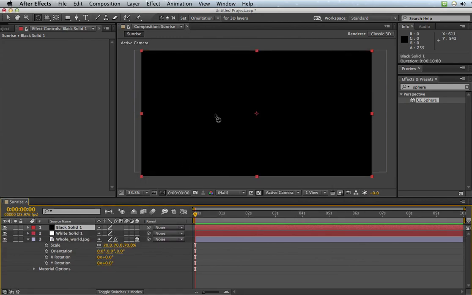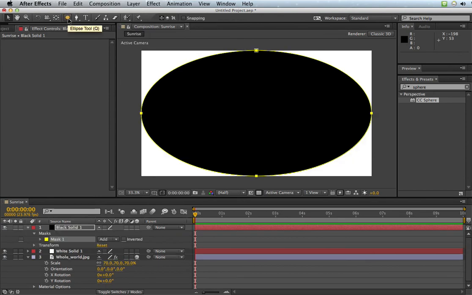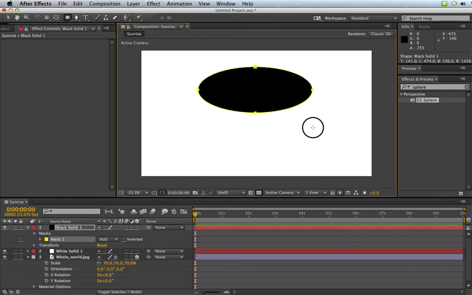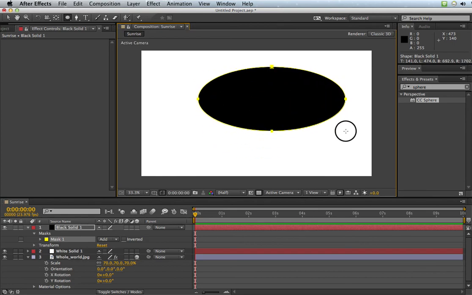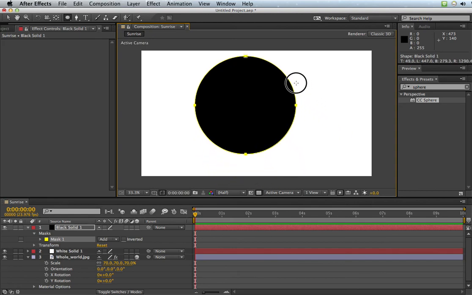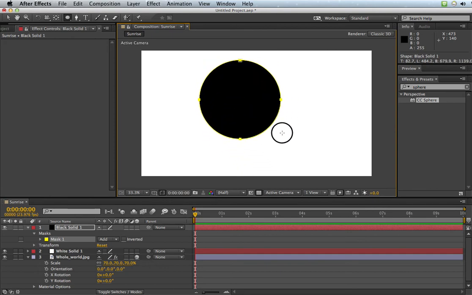Okay, so now on the black solid, with my ellipse tool and my black solid layer selected in my timeline, if I start dragging this down, I'm creating kind of an oblong shape. I want to make that perfectly spherical. So in order to constrain proportions, I hold down Shift